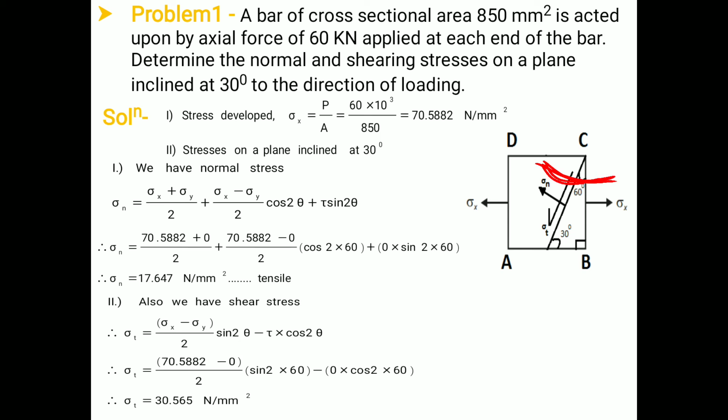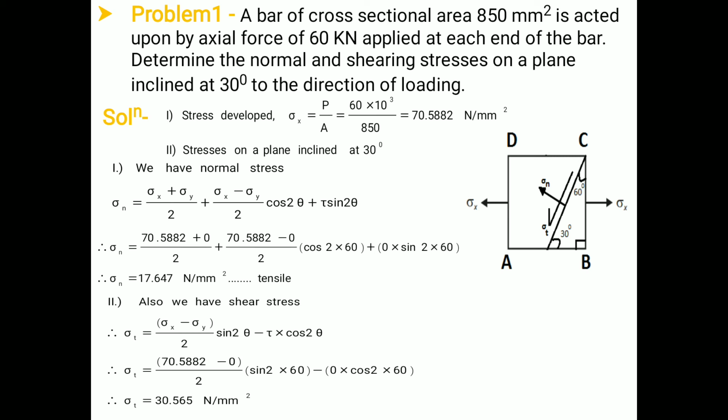So by using geometrical consideration we have this angle equal to 60 degree. I am not going to use 30 degree. Remember that whatever the equation we have derived, that equation is derived on the basis of this angle theta. We have not derived it for this angle, for this we have derived it. And that angle will be 60 degree, because in this particular triangle this is 90 degree, this is 30 degree, so the remaining angle will be 60 degree. Okay, so a very important concept is to find out the angle theta. Afterward it is very easy to solve.